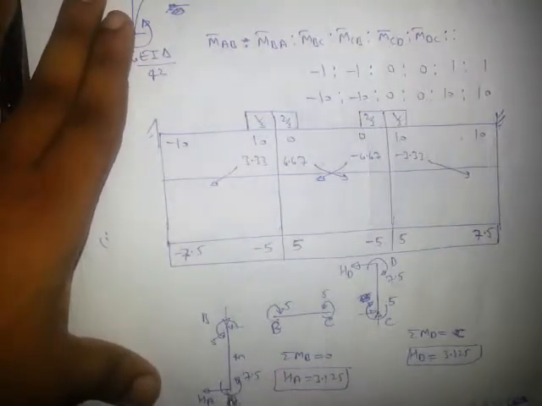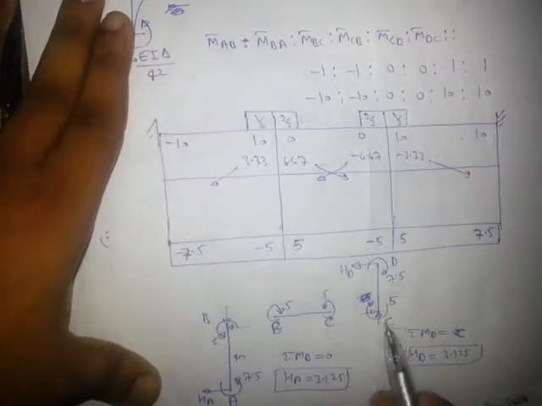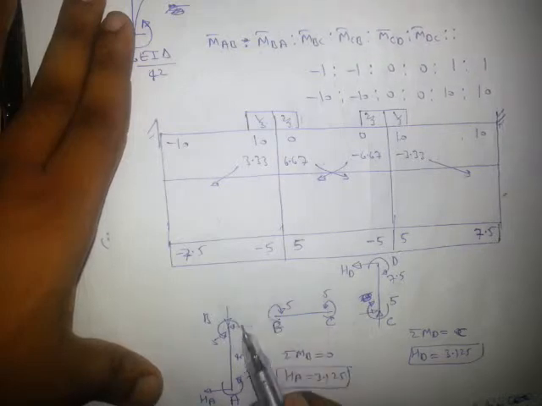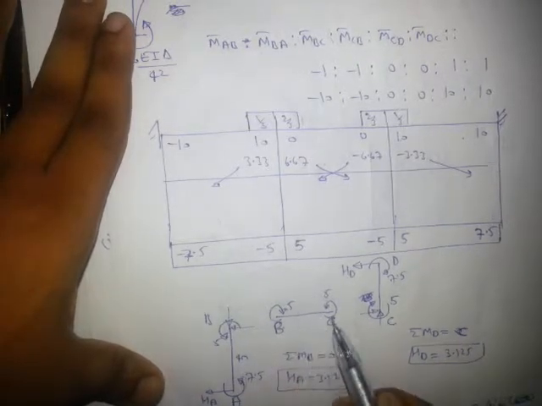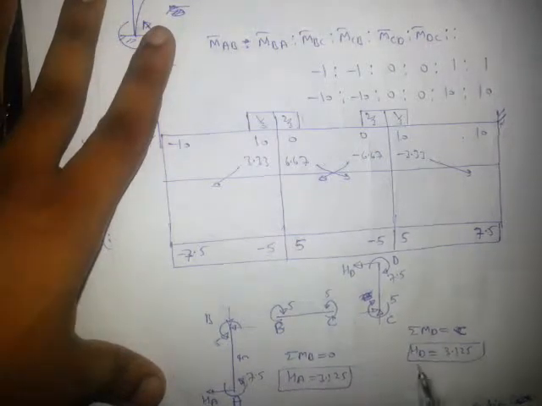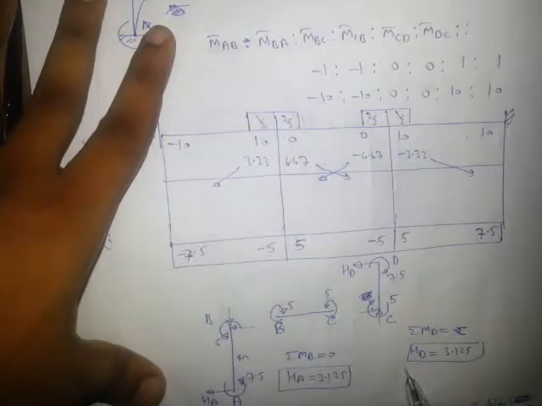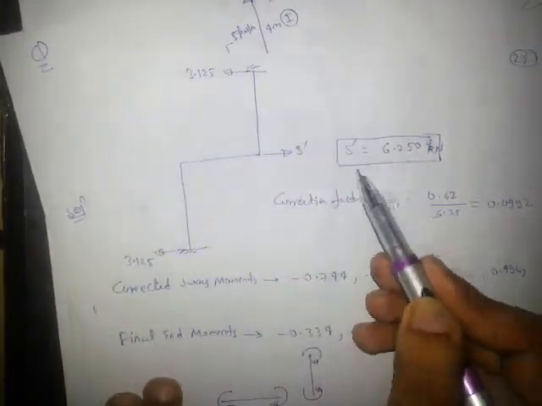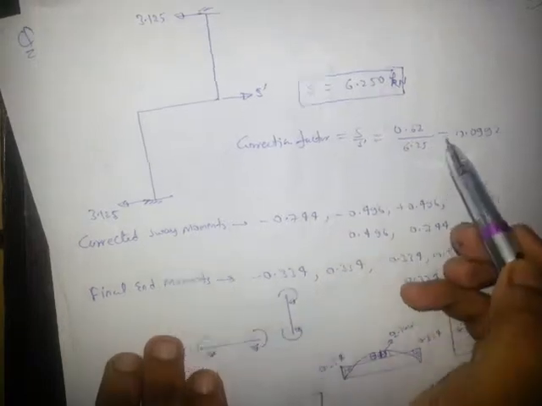Now using this we will calculate HA and HD. Now this is minus, anti-clockwise, this is minus anti-clockwise, this is plus clockwise, and this is minus anti-clockwise. Now we will calculate HA and HD. On the basis of HA and HD we will calculate S dash. HA plus HD equals S dash. S dash is the correction factor, S upon S dash.